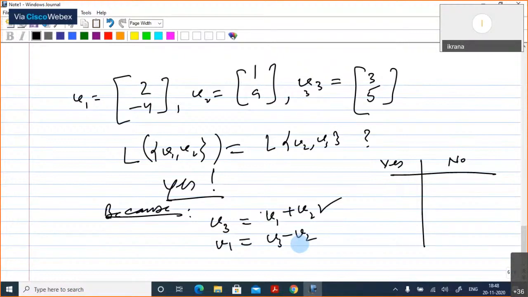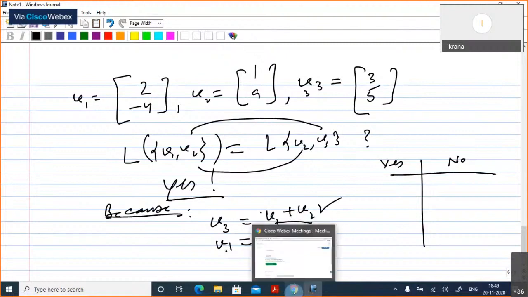Perfect. So what you are saying is these two are the same because V2 is already there, and I can write V3 as a combination of V1 plus V2. So V3 is inside, so all linear combinations of that will be inside. Similarly the other way around, V1 is equal to V3 minus V2, so those combinations will be inside. Good. This is a very simple thing we have given you because here you can just observe and write down the combinations. In general, if you want to check,